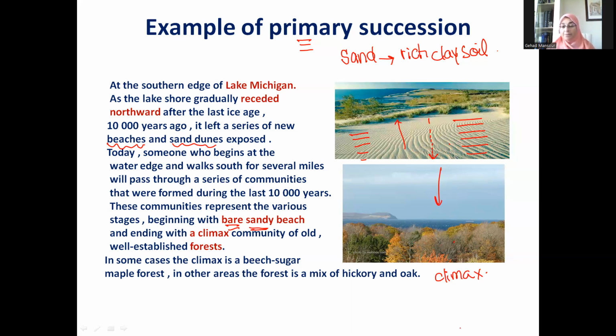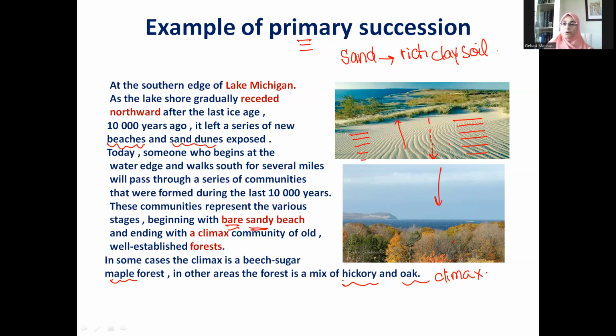Okay? And the climax community will differ in different areas of this previously sandy shore, because in other areas we might find, for example, maple trees. In other areas you can find oak and hickory trees. So actually every group of trees has appeared in the environment where they were best adapted, meaning that the seeds of all trees came wind-borne and spread all over the sandy beach, but only those best adapted to that particular area would grow.